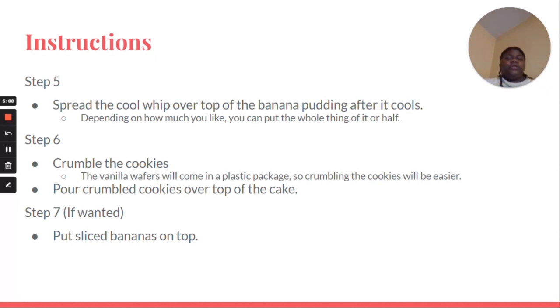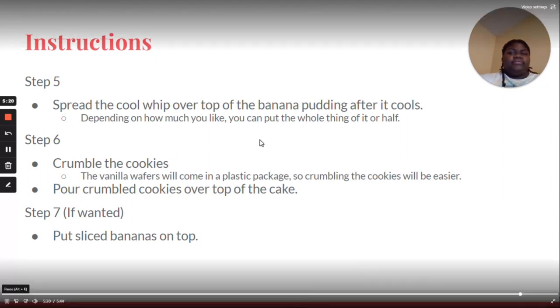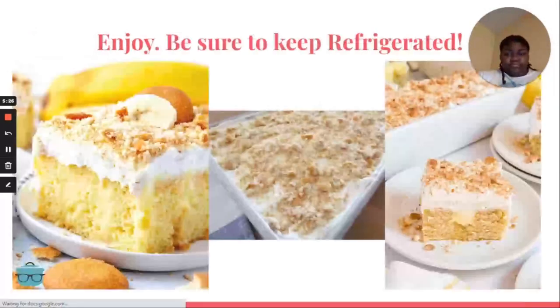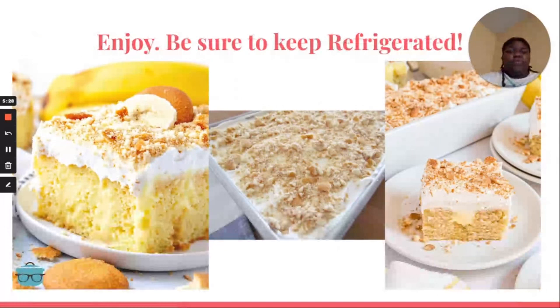And then once you crumble the cookies, you'll pour all the crumbled cookies on top of the cake. And if you want to be extra fancy or whatever, put bananas on top. But I don't think it's very good like that. That's how we eat it. We don't eat it with the bananas because it doesn't taste good to us. And then once you're done, enjoy and make sure to refrigerate it, because